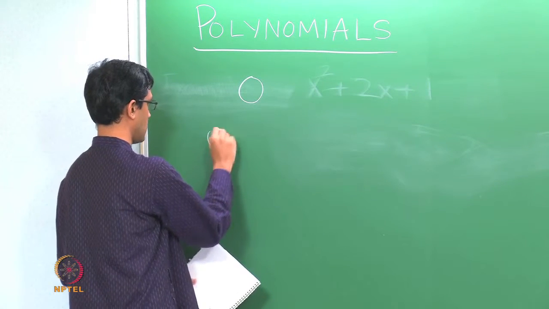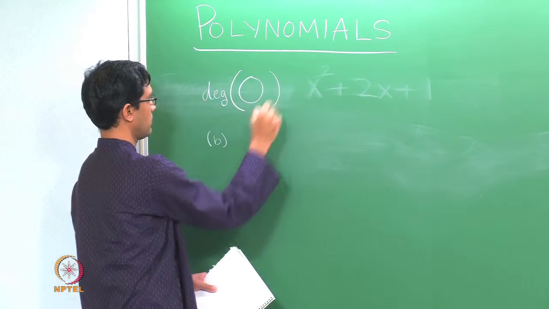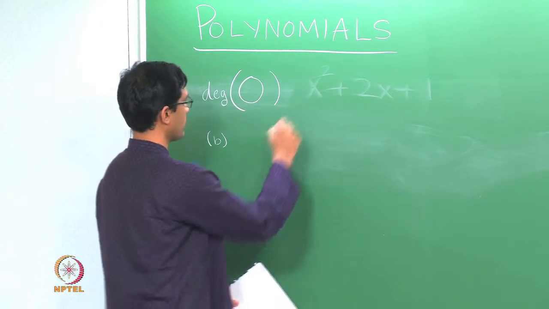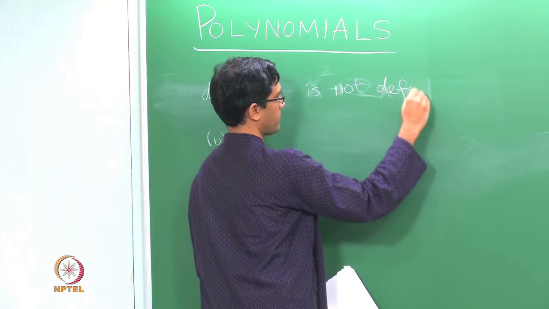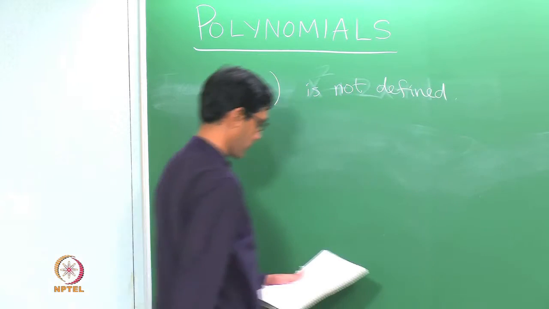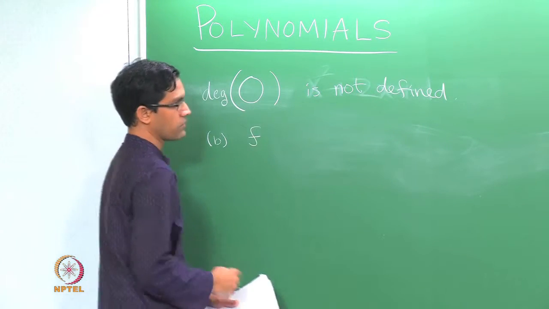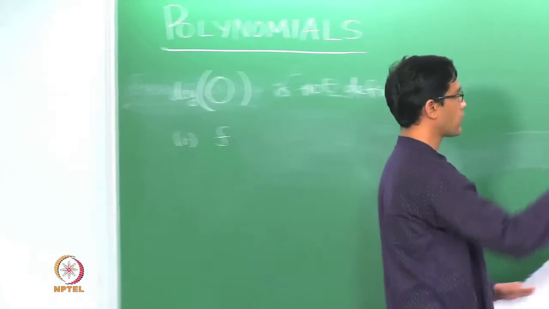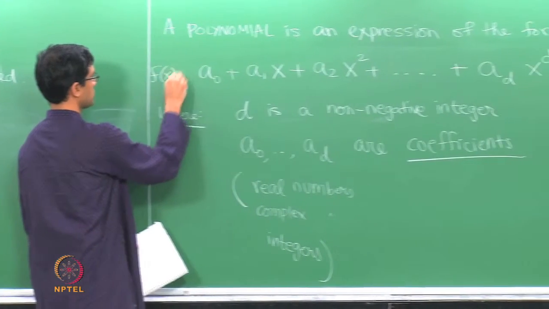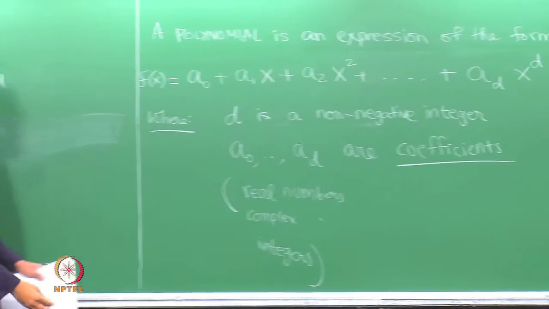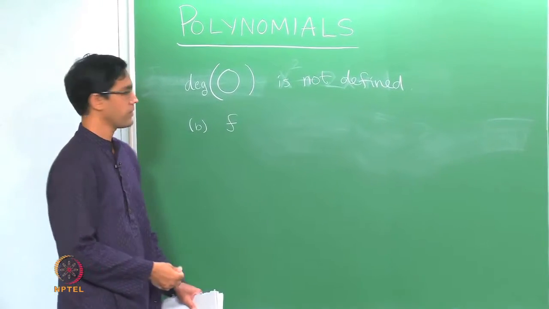Here is another way of saying this, we just shorten degree to deg. Deg of 0 is not defined, you only define degree for non-zero polynomials. Now, often we will use some symbol to denote a polynomial. For instance we could call this polynomial f of x, or we will use other symbols as well, g of x and so on.